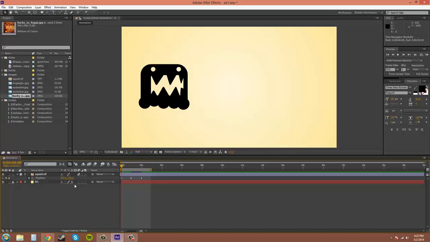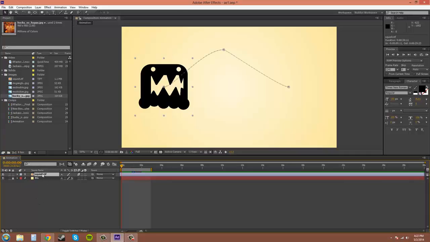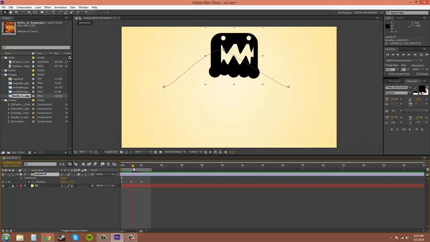Now, also, if you have this twirled down and you need to find all your keyframes, if you hit U, it will show all your animated values. If you hit U twice in succession, really quick, it'll show all the changed values. So if I change, oh well,